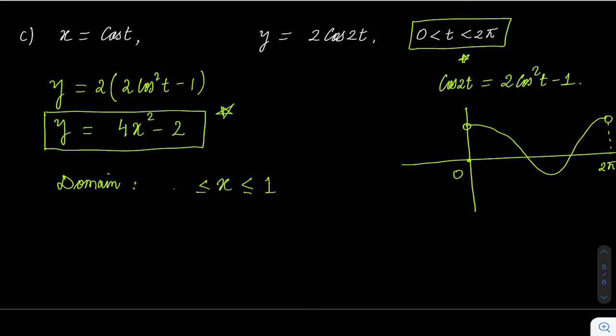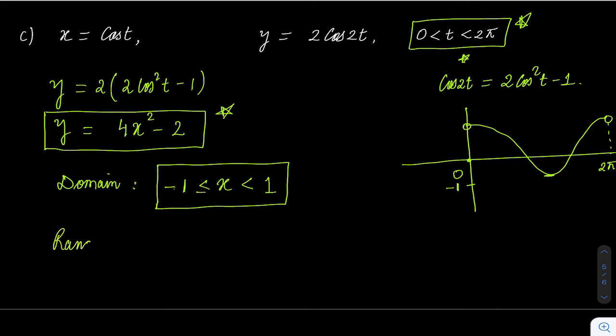So it should not be less than or equal to 1, it should be less than 1, but it is greater than or equal to minus 1, because this minus 1 is possible, but 1 is not possible. Just be careful. This is a very tricky question. It's an open interval, as you can see here. Values 0 and 2 pi are not included. So cos t is never 1. It's always less than 1, but greater than or equal to minus 1.